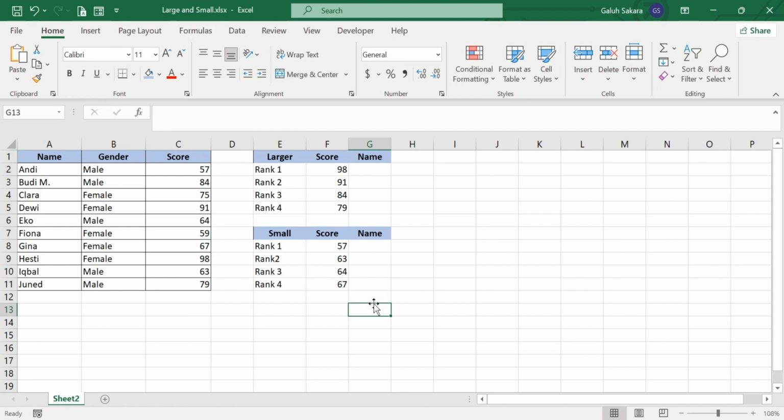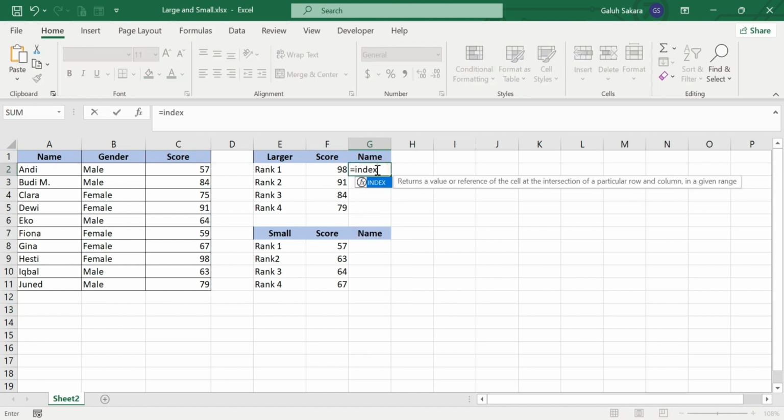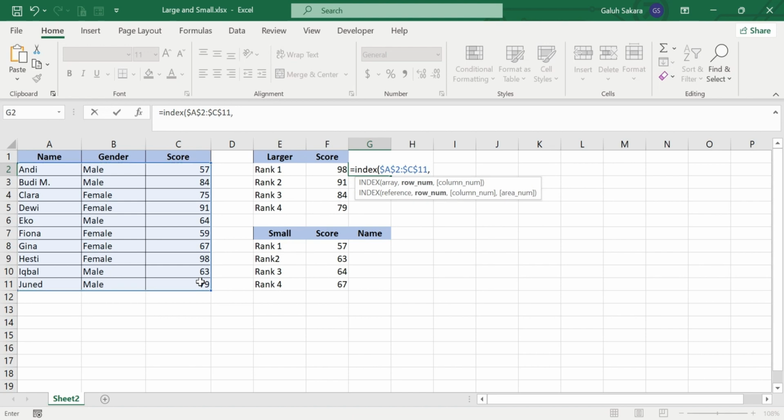And how about the name column? We need to know who got these scores, from the highest and the smallest. And how do we know this name? Okay, we can use the formula of INDEX MATCH or VLOOKUP, because the table is a vertical table. From the INDEX formula, INDEX, and then open the brackets, and then select all of the table cells from this value, and then do not forget to press F4 to lock the selected cells, and then comma and MATCH,